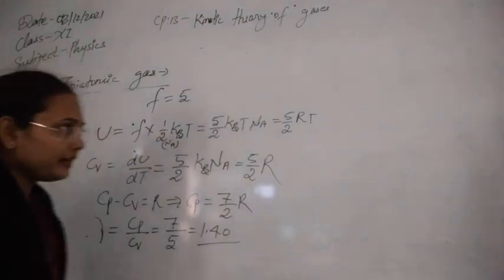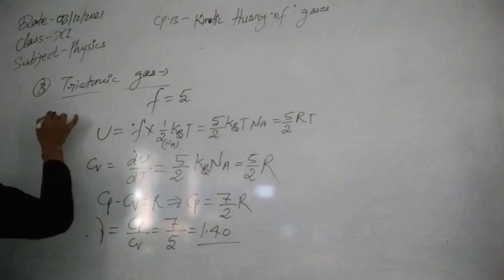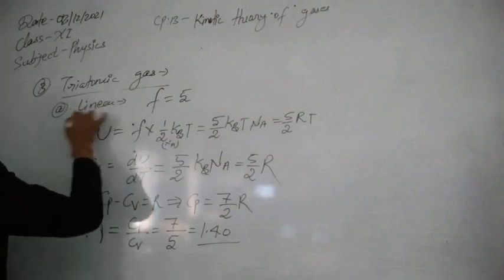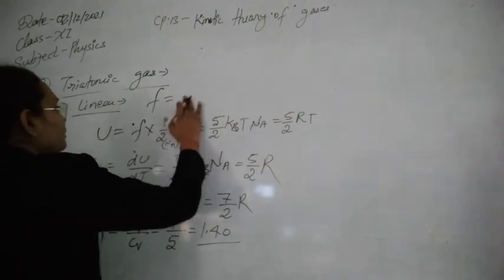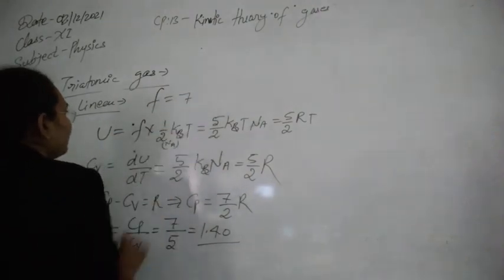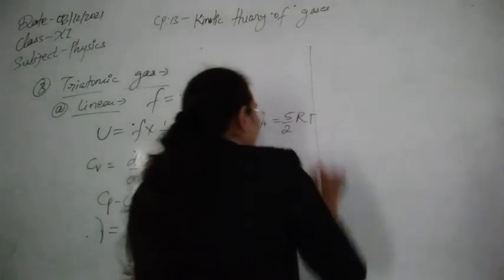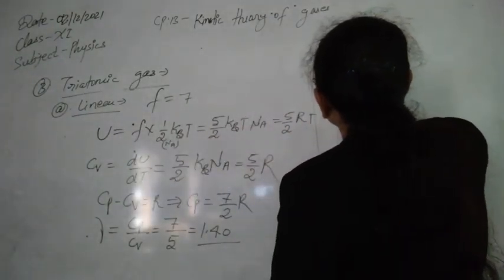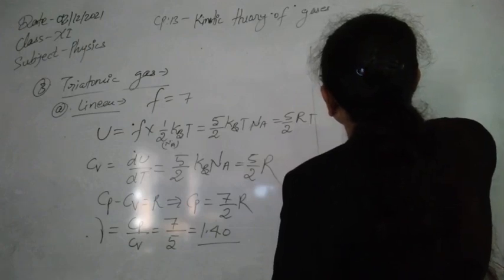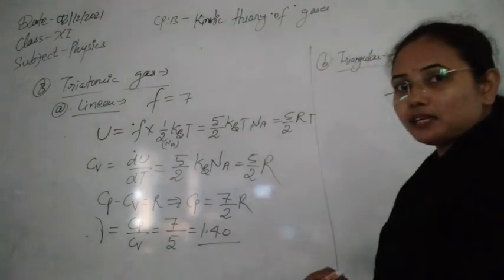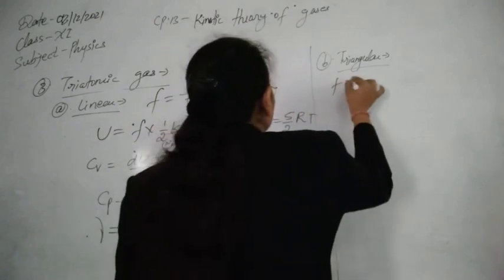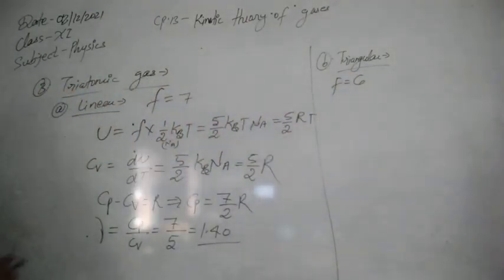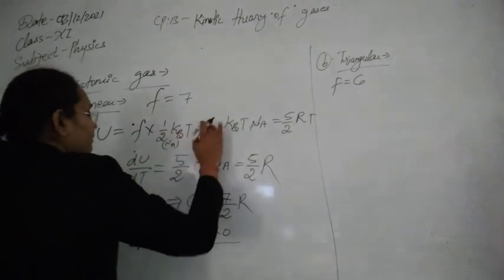For the linear arrangement of the atoms, the degrees of freedom was 7, and on this side we write the triangular arrangement. For the triangular arrangement, the degrees of freedom were 6. So let's do the procedure for both of them. Here where we have written the 5,